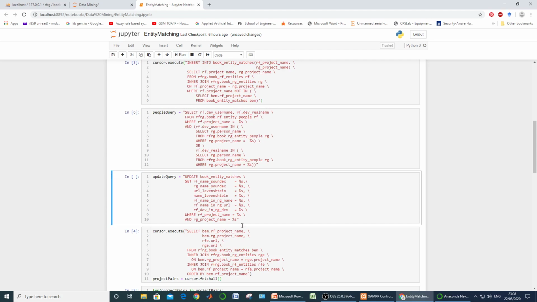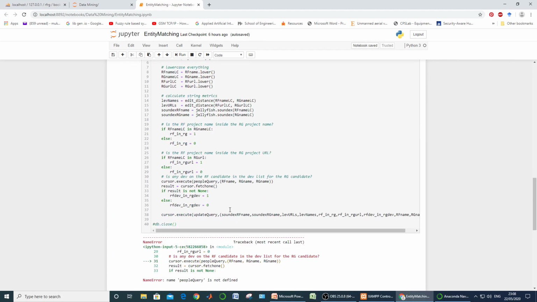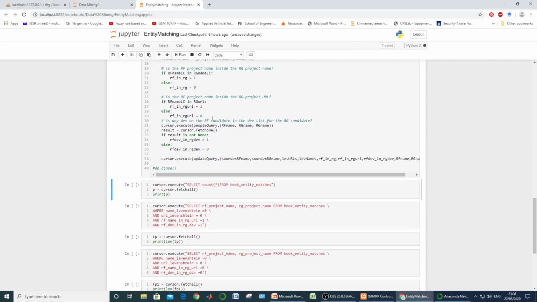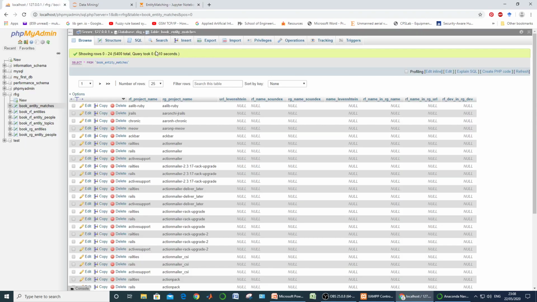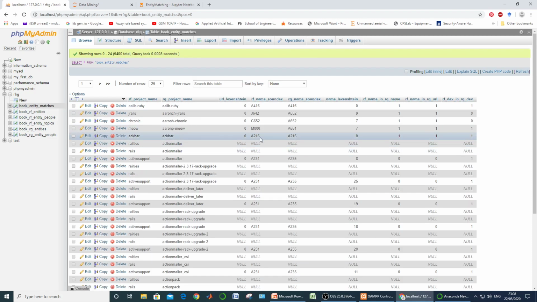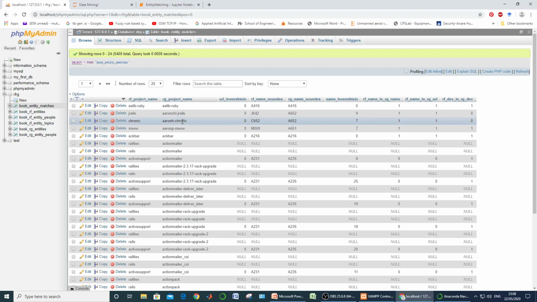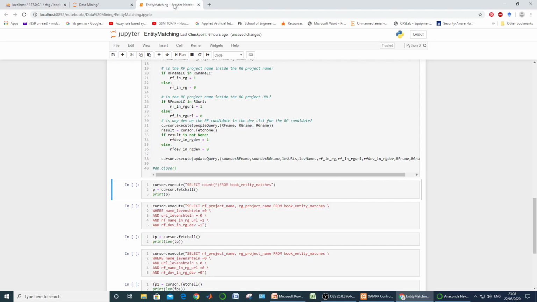So run it, and again run it also, and now try to run this. So it is executed, and now if we observe this table, then these all entries are updated, they are having some values or the other. It means this query performed all updations throughout the resultant table.